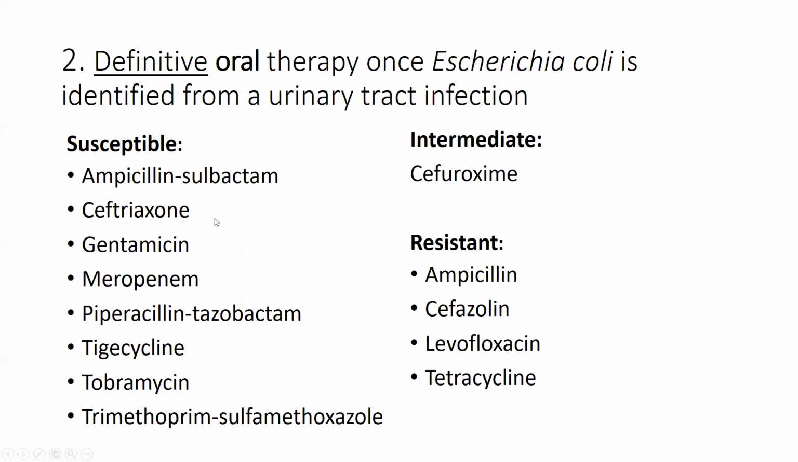Ceftriaxone, I said that's what we would normally go with, doesn't have a direct oral equivalent. We can see cefuroxime is intermediate. That's a pretty typical result. You could use cefpodoxime as an example, cefdinir, depending on your formulary. Those don't have real great oral absorption though, so it's controversial whether or not